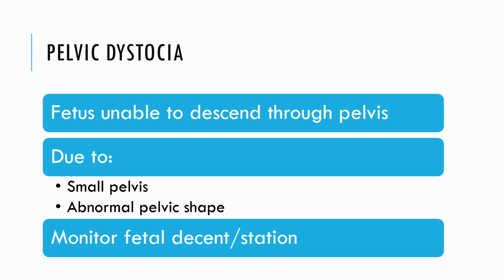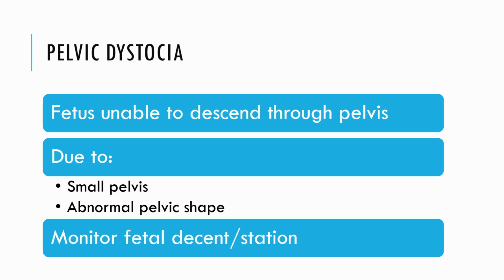Another type, pelvic dystocia. This is where everything looks great. Okay, the fetus is great, great position, everything like that, but it just can't descend through the pelvis. This can be due to mom having a small pelvis or an abnormal pelvic shape. So remember back to week 5 when I was talking about the different types of passageways for our successful vaginal delivery, and I said the gynecoid pelvis was the best and the platypelloid was the worst. So if your mom has a platypelloid pelvis, that could lead to pelvic dystocia, where the baby just can't fit